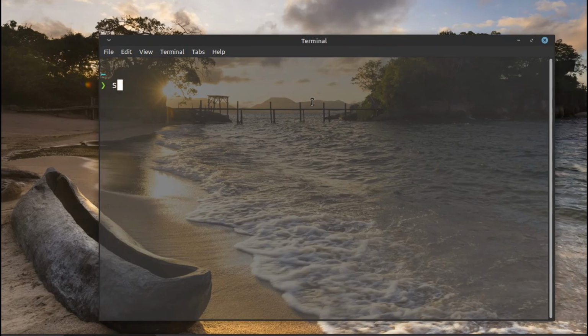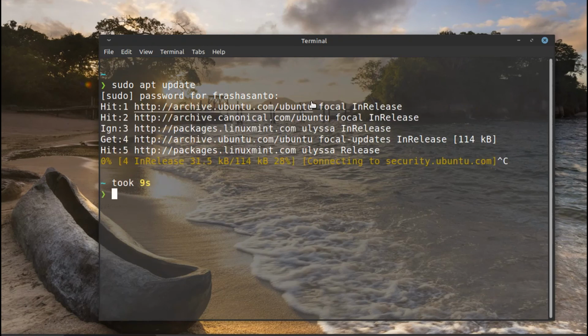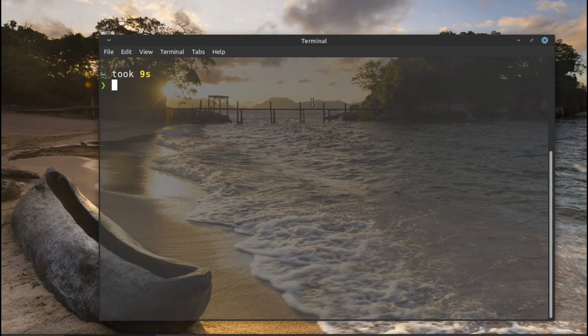When you type a command like sudo apt update, as you can see, it is asking for my password. That is because I want to run that command as root, and when I enter my password, the command will automatically run. So to fix that, I'm going to type this command, which is sudo